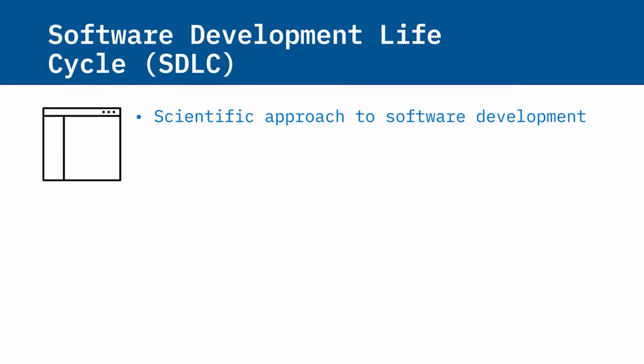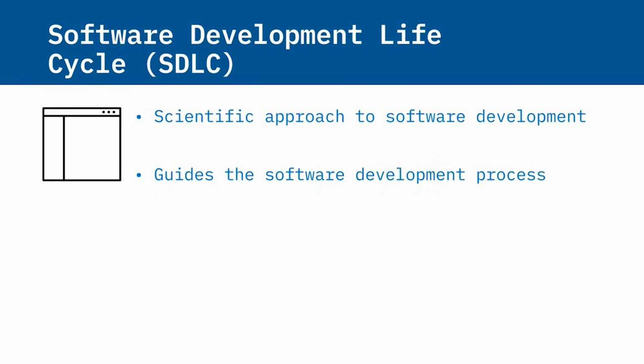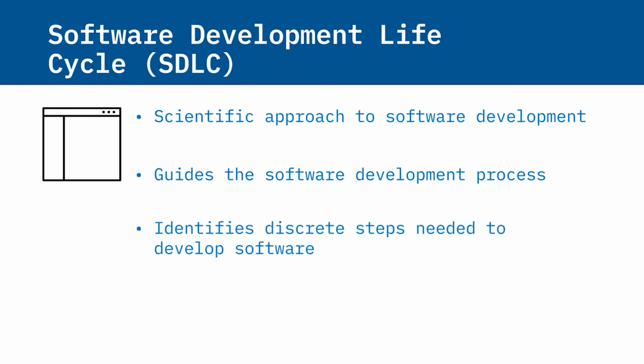The adoption of a measured scientific approach to software development has influenced the way software is created and designed. Today, the development process is typically guided by the Software Development Lifecycle, or SDLC. The SDLC identifies the steps needed to develop high-quality software. Later in this module, we will discuss the SDLC, the traits of high-quality software, and roles common in the field of software engineering.